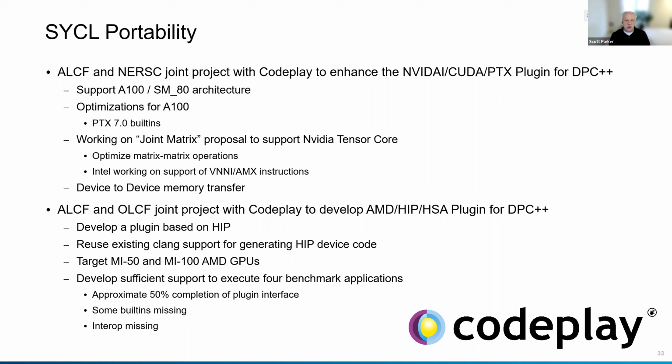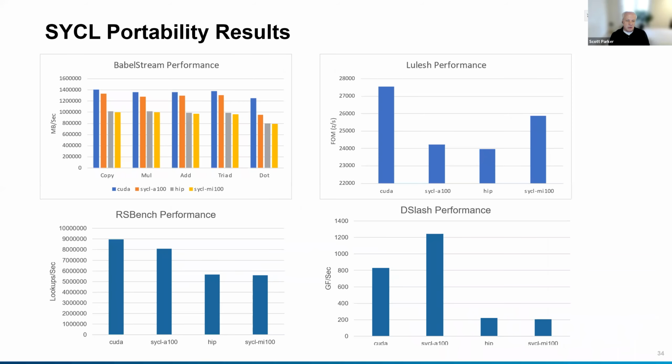And just briefly, I wanted to show you some benchmarks that show how portable SYCL can be. These aren't showing full apps, but either the BabelStream benchmark or some mini apps: RSBench, DSlash, and Lulesh. I won't read through all the details on this slide, but the gist is that on the NVIDIA platforms, SYCL is producing in most cases 80 to 90% of the performance you see with CUDA. However, if you look at the DSlash performance, you'll see that SYCL is actually outperforming CUDA for